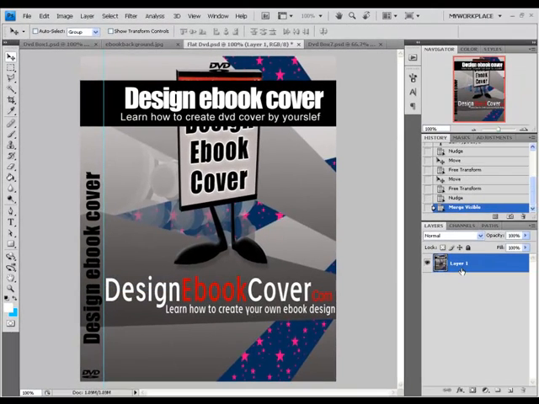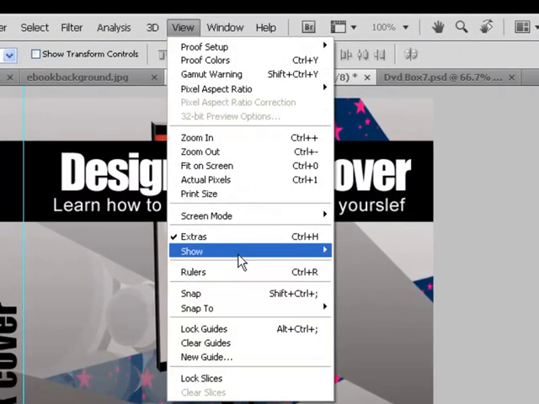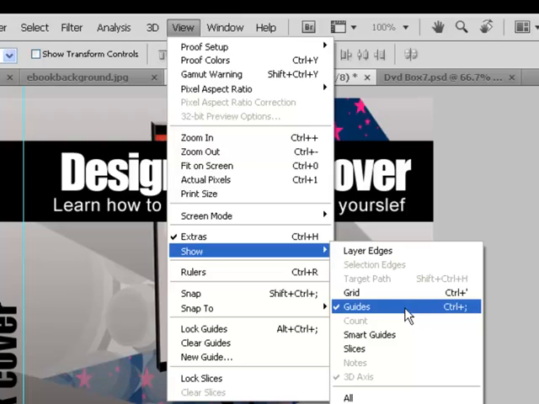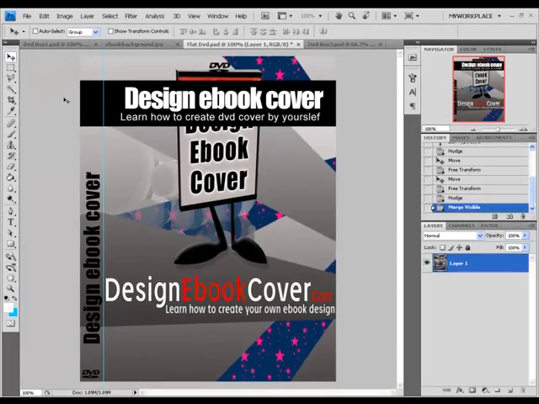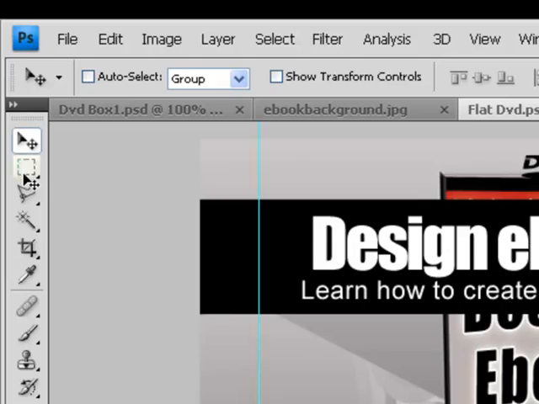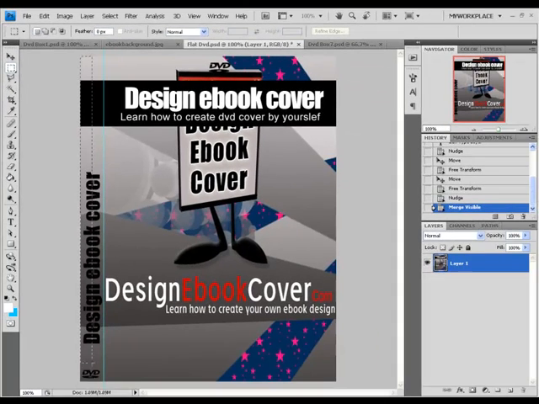Now we are going to copy the left side to the left side of the 3D layout and do the same to the right side. To know where the left side ends, you can use this guideline to see that. If you are not able to see the guideline, go to View, Show, and put the check mark on Guides. So let's select the rectangle marquee tool, select the left side,